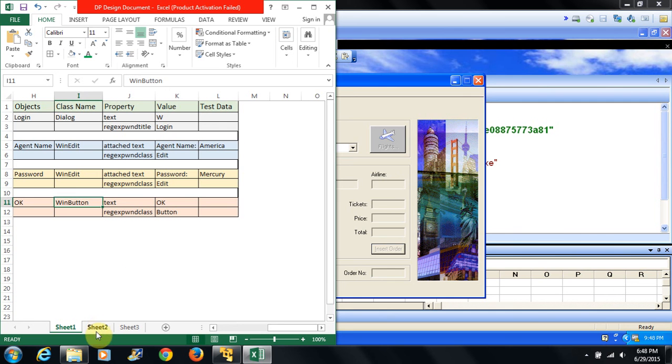In the same way, if the object is not created or the application is not developed yet, is in the development phase and is not ready, then you're not going to sit in the office and waste your time. You have to do something, so you can create your descriptive programming even though the application is not ready. This kind of